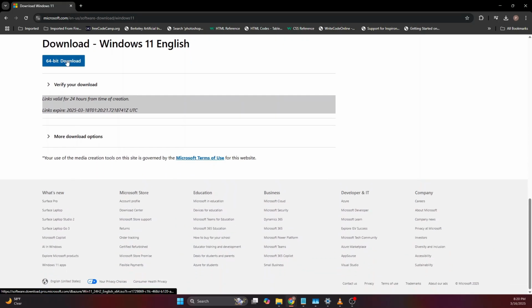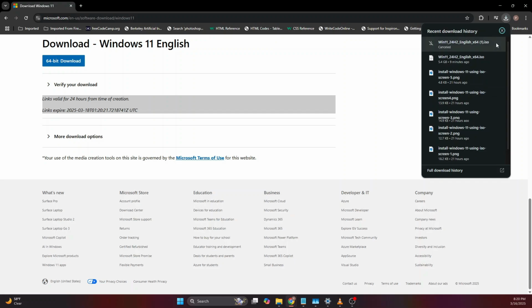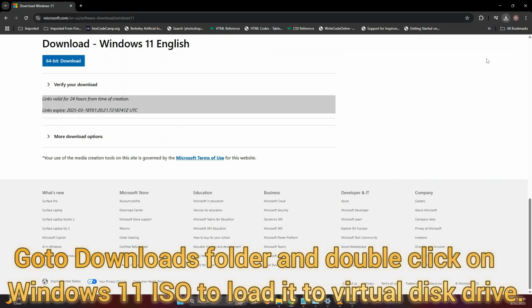Next screens, click on 64-bit download, and now you're downloading the file. Next thing you want to do